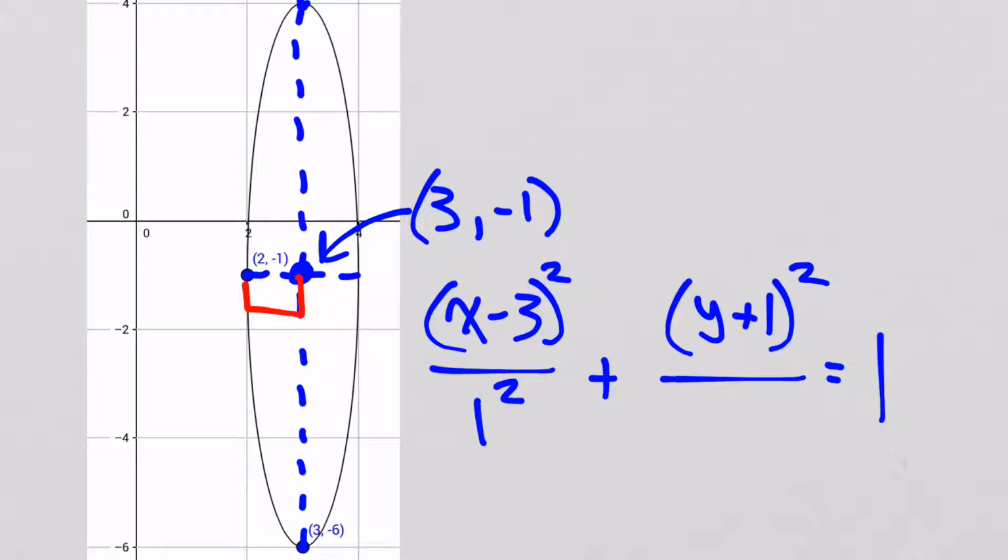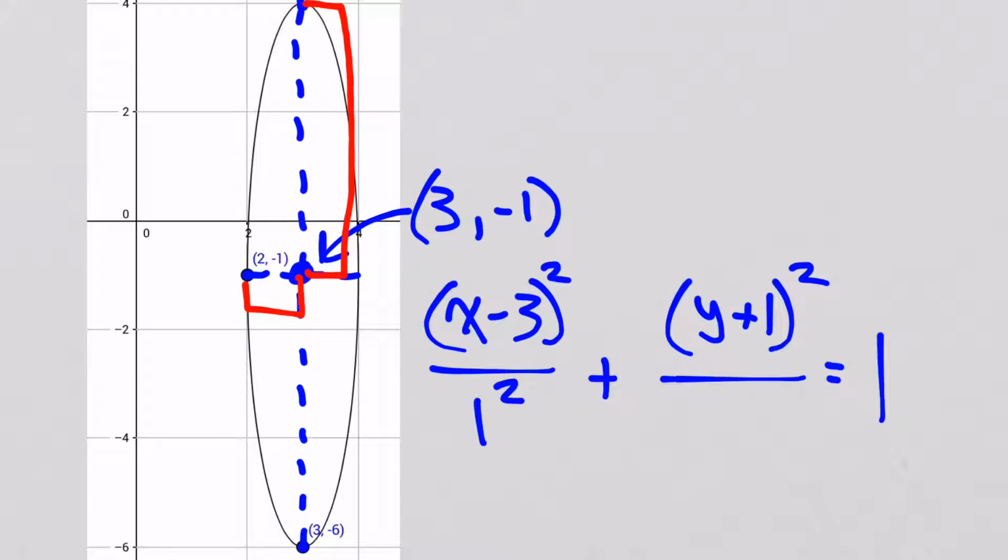Y plus 1 squared, what goes underneath that? But to answer that question, we again just need to know from the center how far in the y direction. It should make sense that the thing we put under the y is the thing that goes with the y. So in the y direction, up and down, how far do we go? Well, I'm going from the y value of -1 up to what appears to be the y value of 4,